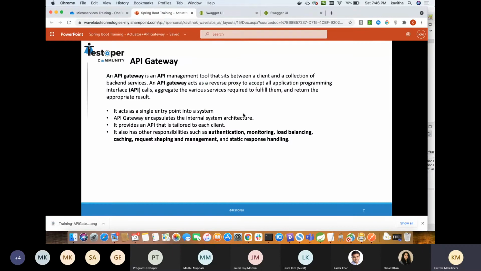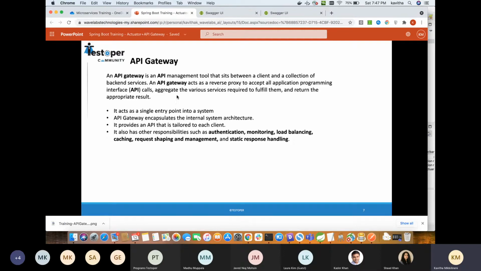I showed this. So we'll move to the next topic, the API gateway. So we've been hearing this API gateway in different forms, for any microservice or any REST-based API calls, right? We keep hearing this API gateway term. So what is an API gateway, why do we need it, and how is it used in real-time applications? We'll see that.